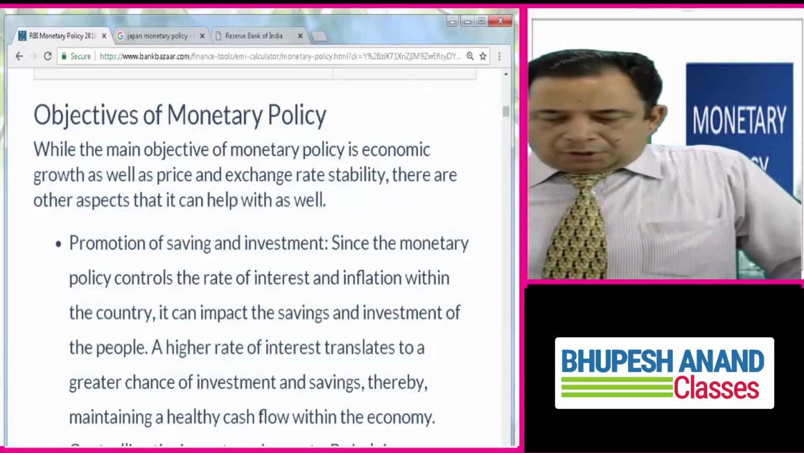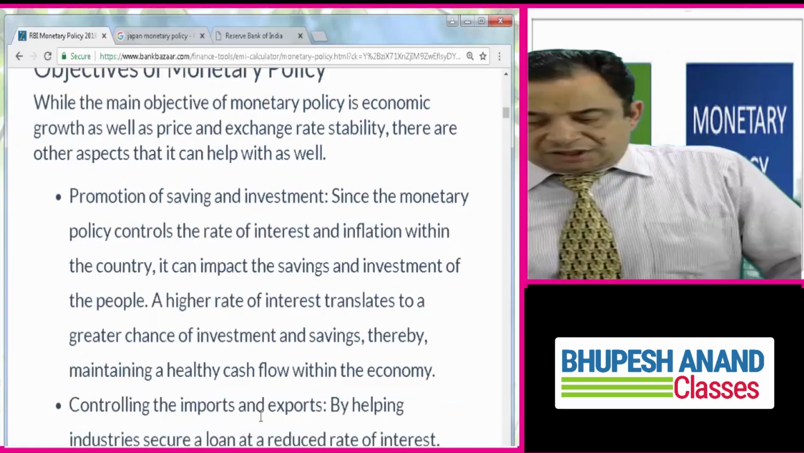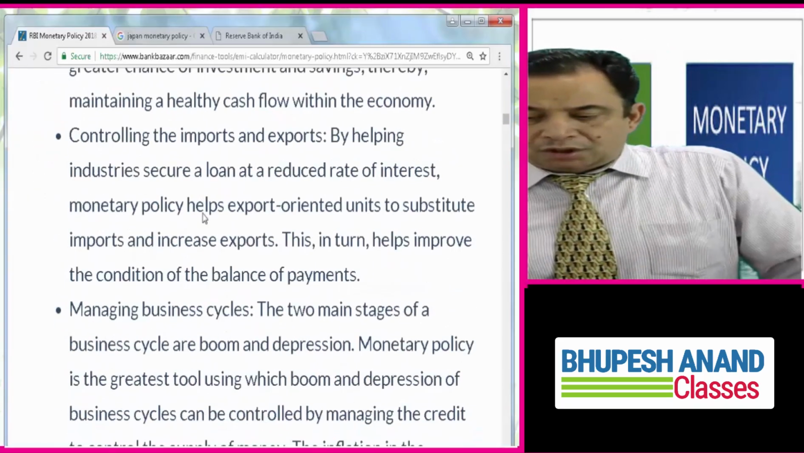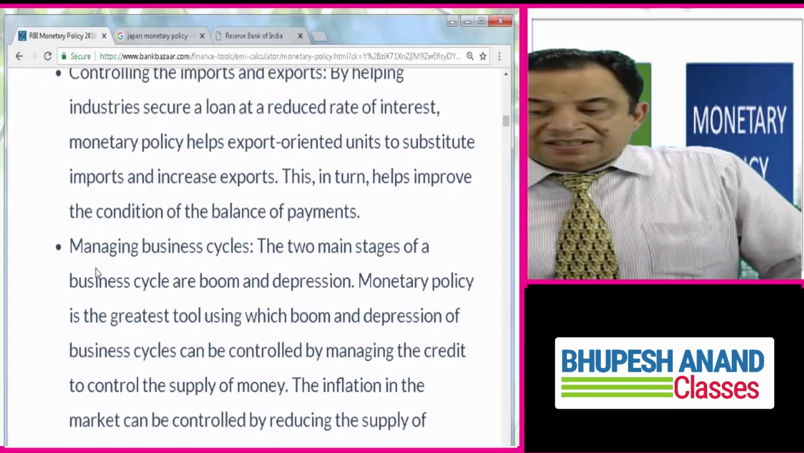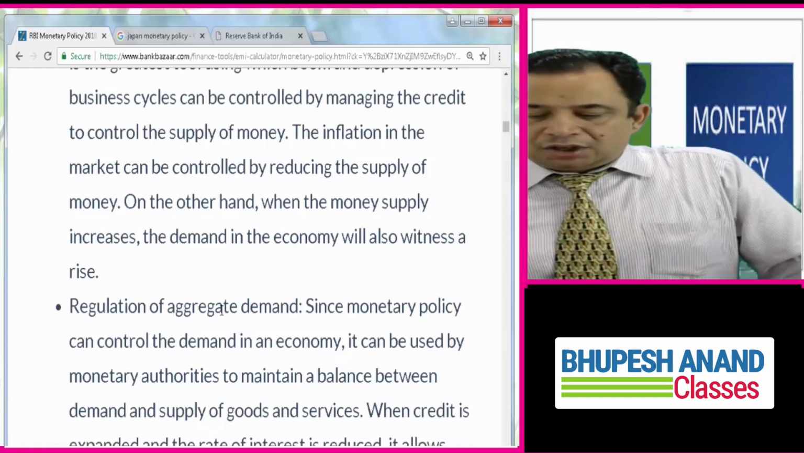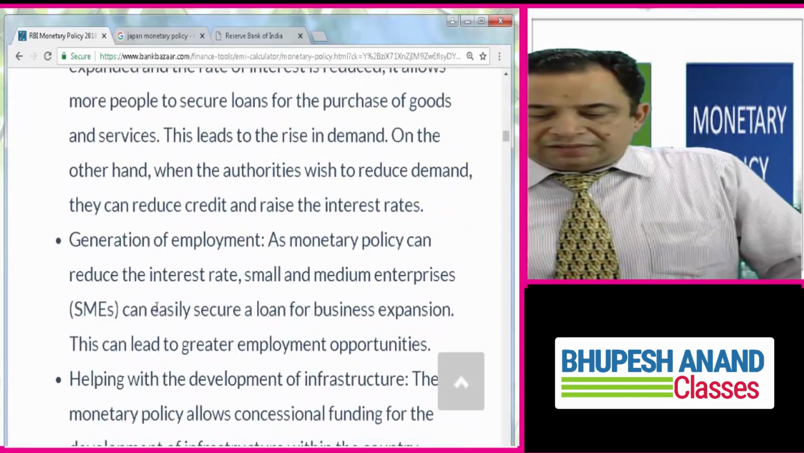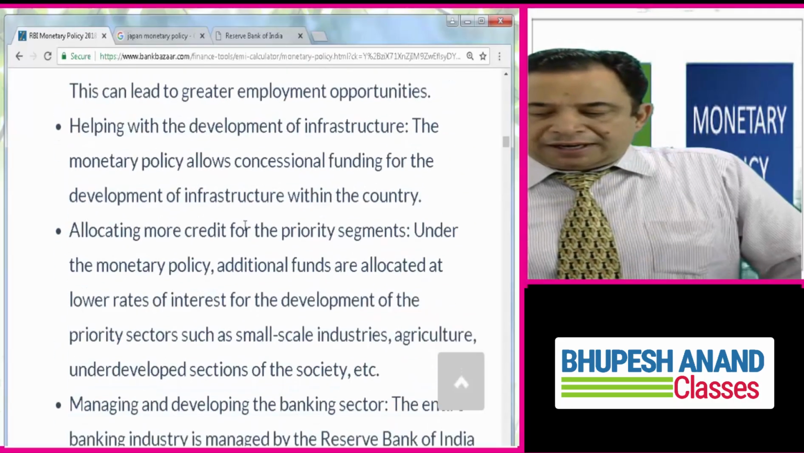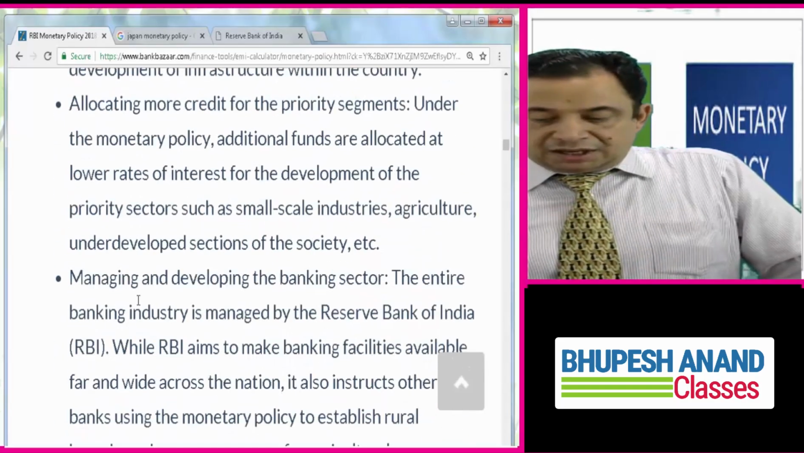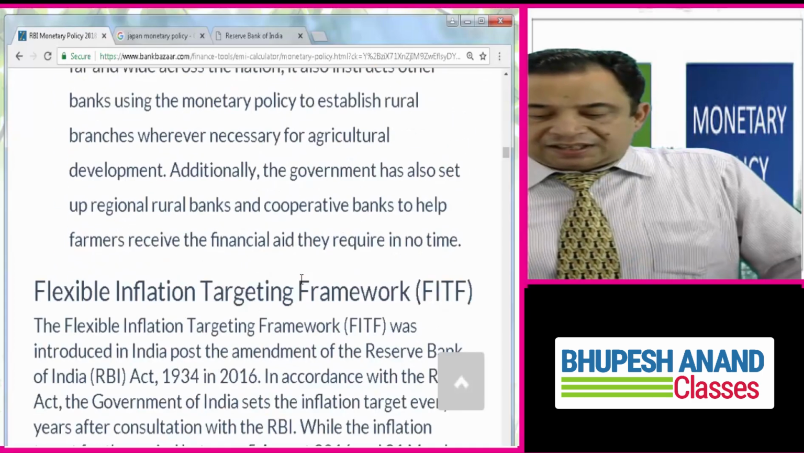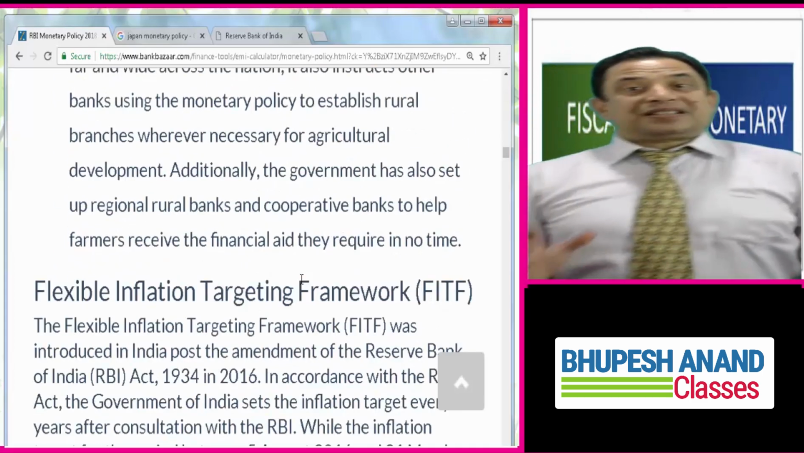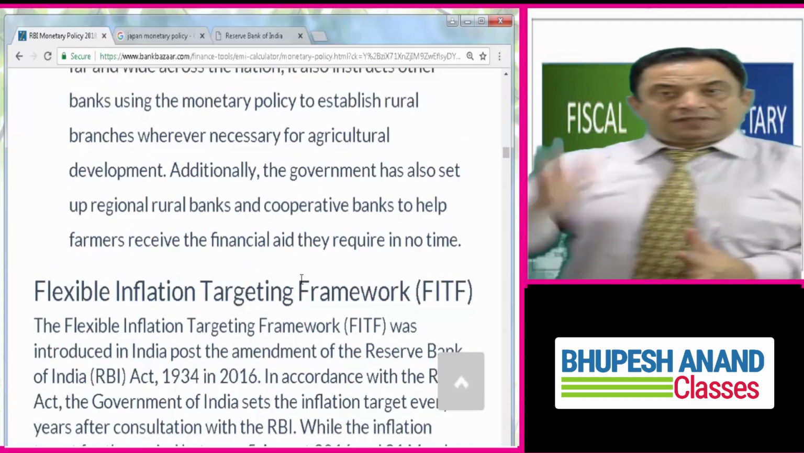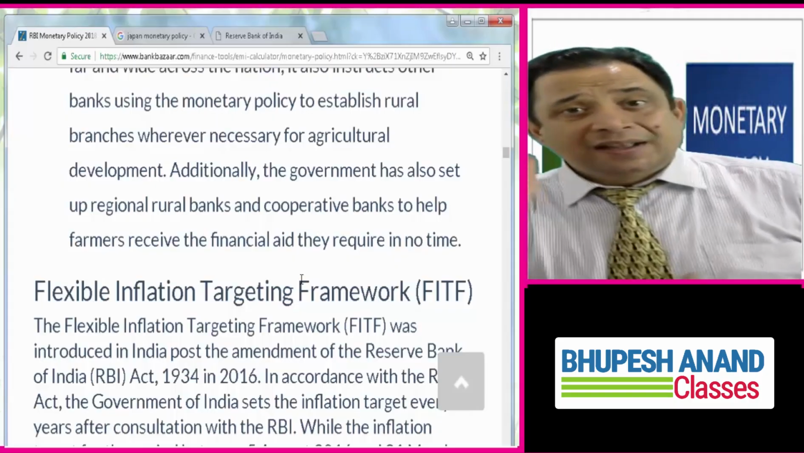Objectives of monetary policy. Promotion of saving and investment. This is the first objective. Controlling import and export. This is the second objective. Managing the business cycle. This is the third objective. Regulation of aggregate demand. This is the fourth objective. Generation of employment. Fifth objective. Helping with development, allocating more credit for priority segments, managing and developing the banking sector. So these are the basic objectives of a monetary policy, which can only be implemented with the help of those